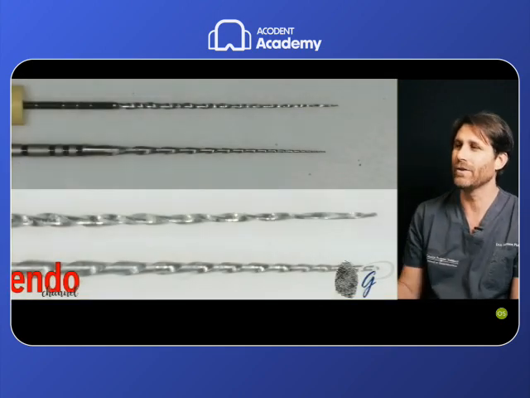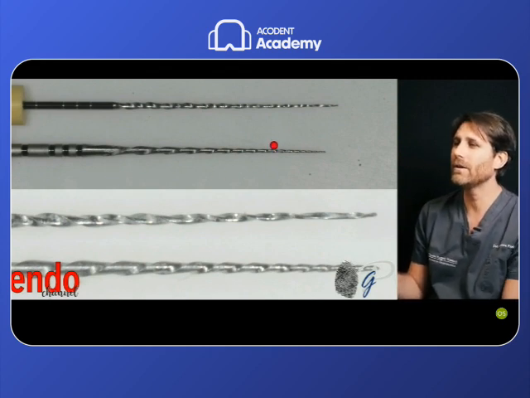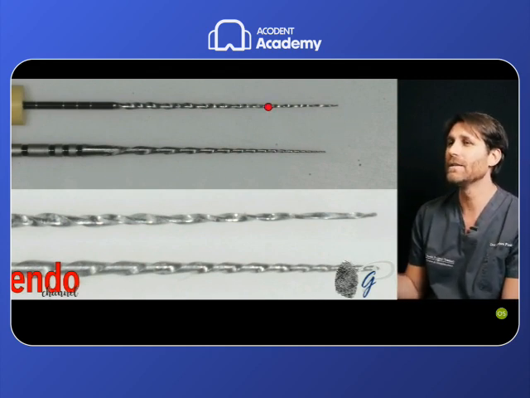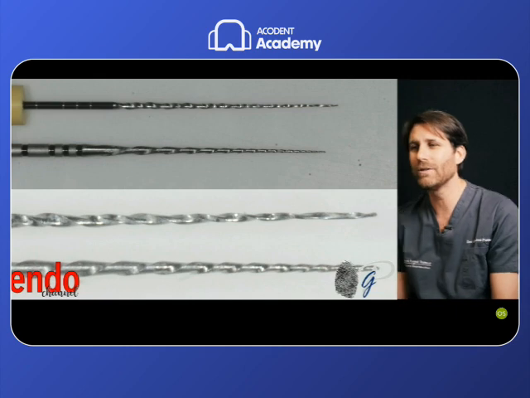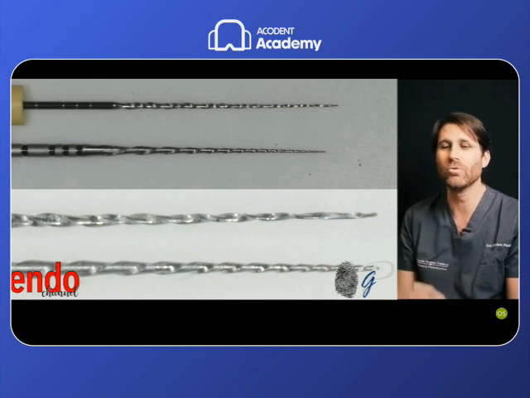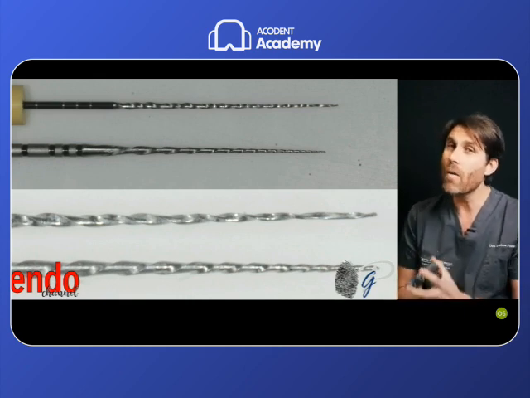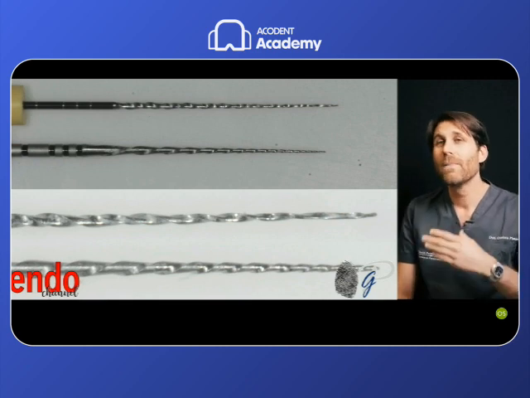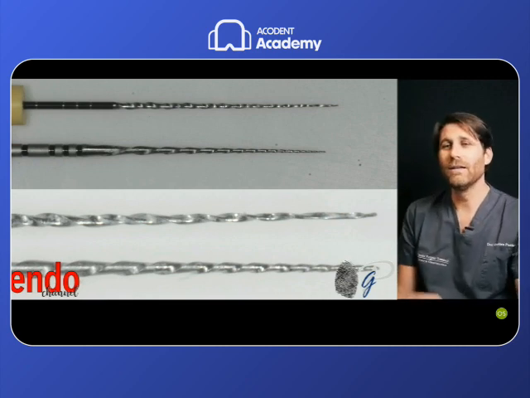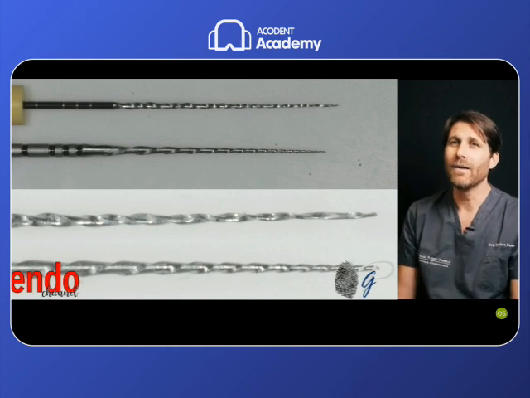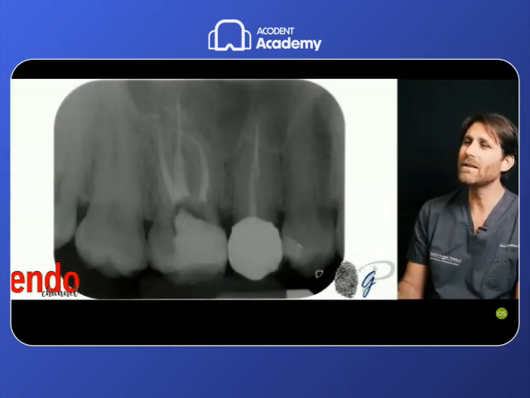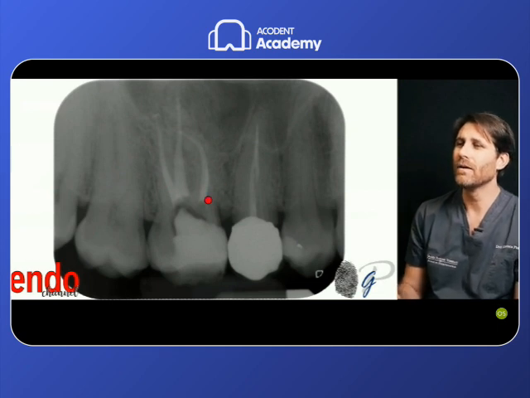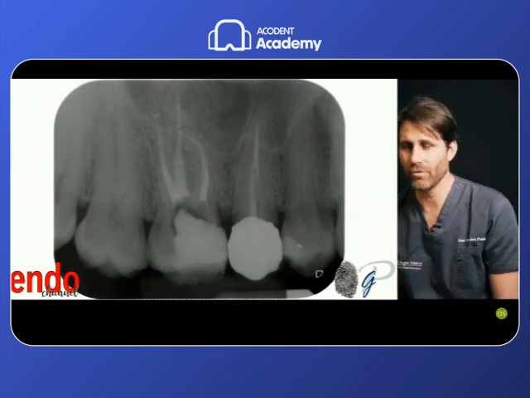This is the difference macroscopically: the Air Pilot here, and here the other file used in rotation, the deformation, and the Air Pilot not deformed, which scouted this apical third thanks to its properties. So if we compare this file with other files, honestly, in all the tests that I did, the Air Pilot file wins against all the other scouting glide path files, and this is the final radiograph of these root canals in this curved mesial root.